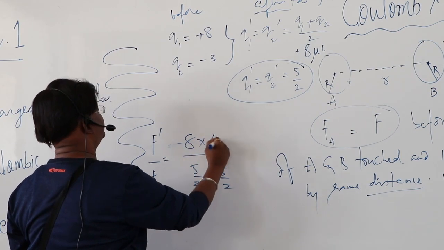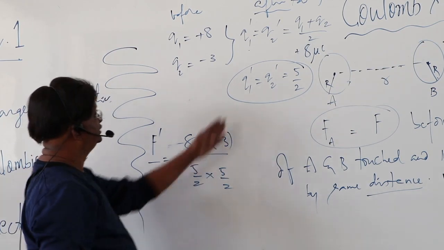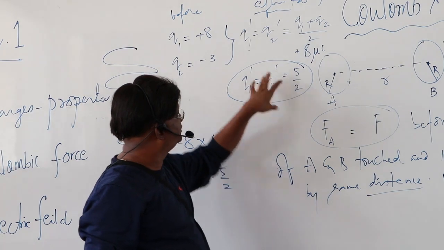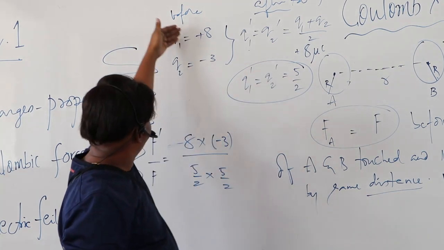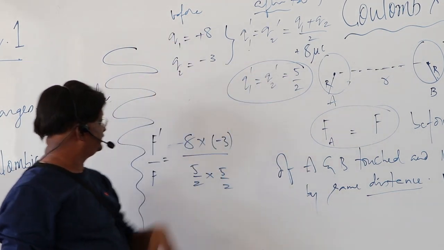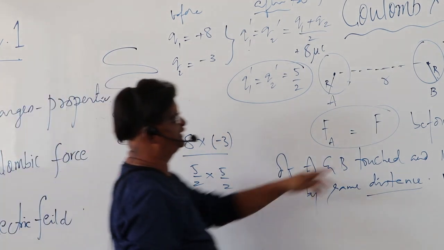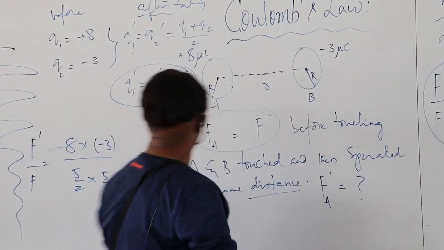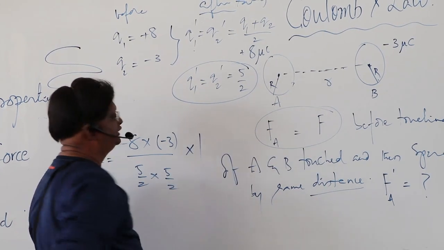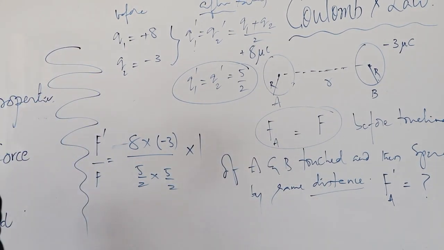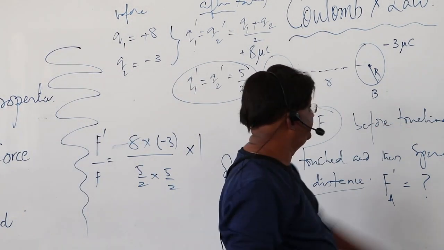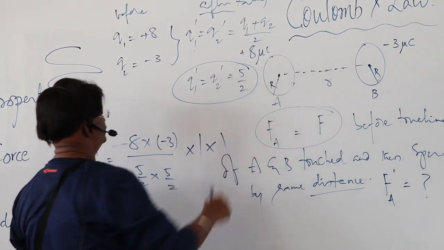Do remember, it is a negative charge. But here, both Q1 dash and Q2 dash will be like charges. Before, there are unlike charges and here it is like charges. And then what is the next term we have? R by R dash. No change in the distance. Therefore, I will take that ratio to be 1. And no change in medium. Therefore, that will also be 1.